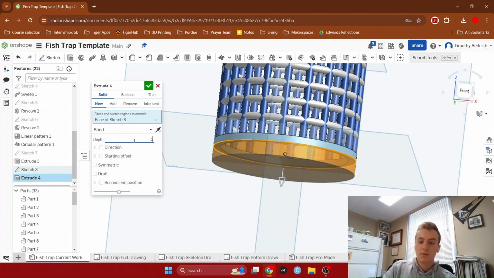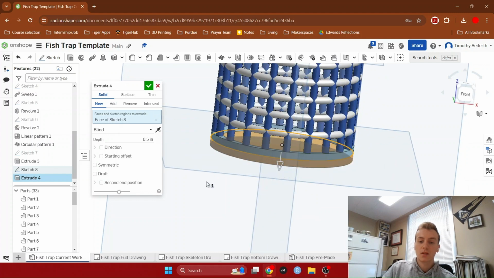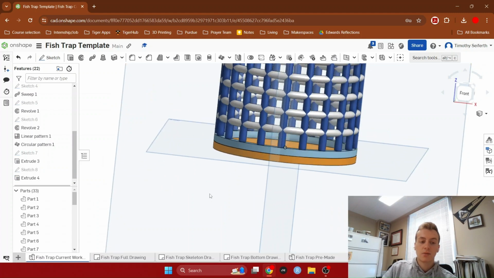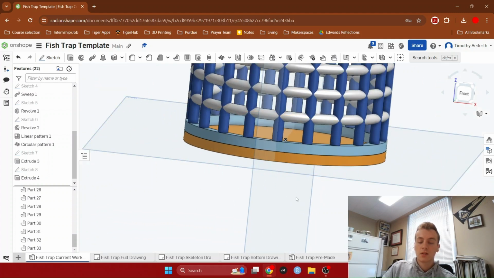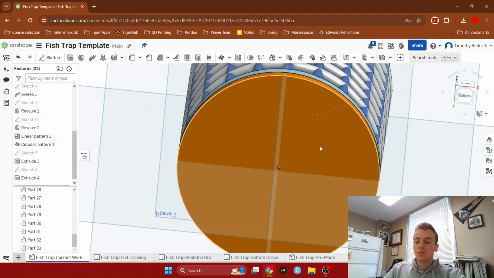And we want 0.5 inches. And here's the important part, we're not adding. We're making a new feature, a new part, so that we can work with it and move it. And that looks good to me. Same thickness there. Check. So now we have our part 33. There's a lot of these just because of all the rings and vertical tubes. But, oops. So now that we have that, we're going to make the fasteners, the circles, to